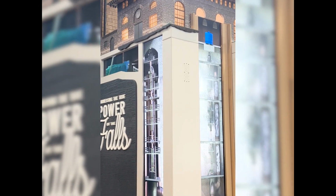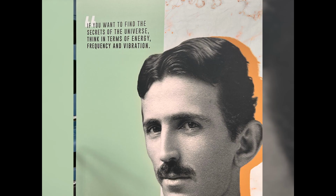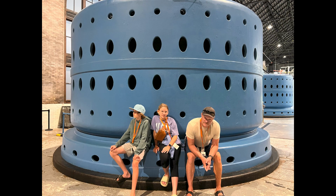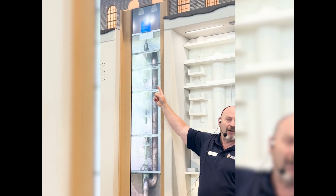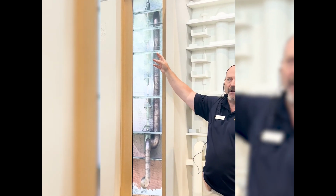So how did they make power here? Down is called the thrust deck, and that's because it's got a great big bell-shaped bearing called the thrust bearing. That bearing